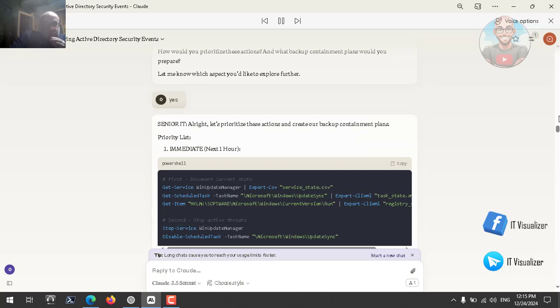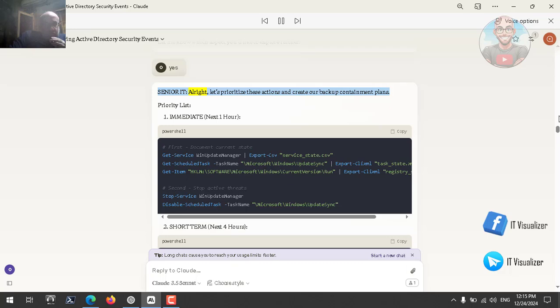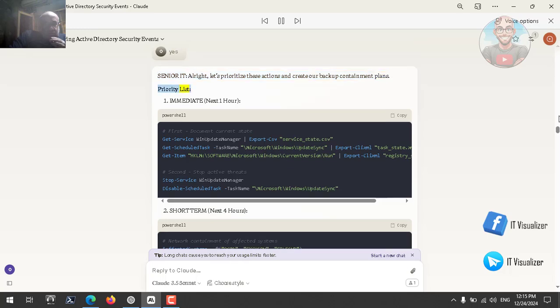Senior IT: All right, let's prioritize these actions and create our backup containment plans. Priority list. Immediate, next 1 hour. PowerShell. # First, document current state. Get-Service